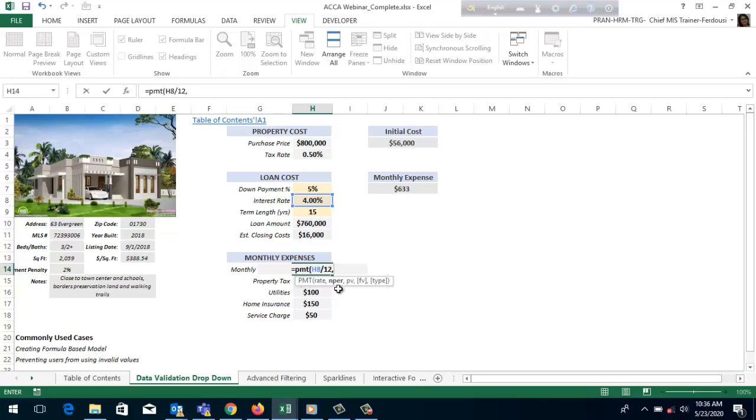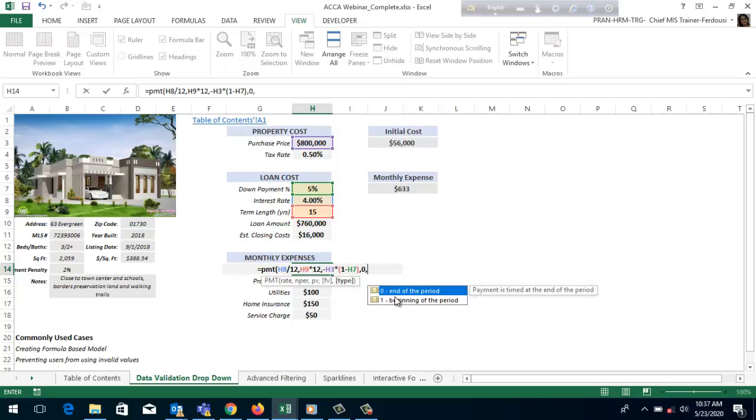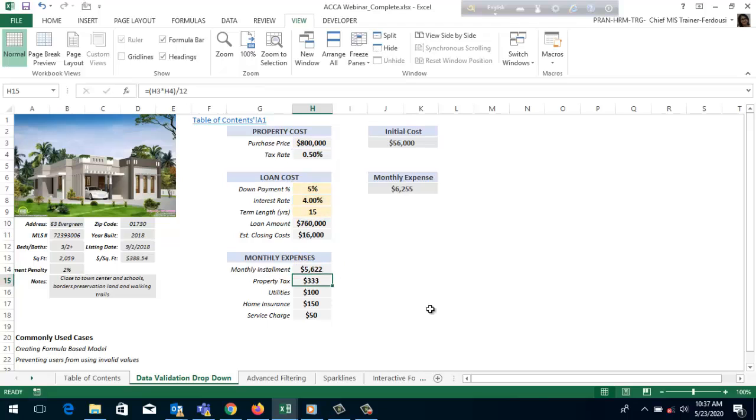number of payments would be this cell position times 12 months, then comma, present value, that would be minus this cell position times, use parenthesis, 100% minus 5%, that means 1 minus this cell position, close the parenthesis, use comma, the future value would be 0, comma, then at the end of the period the value would be 0, then close the parenthesis, then press enter.